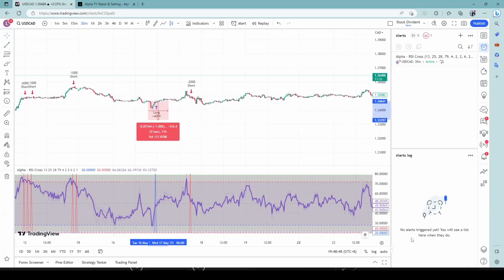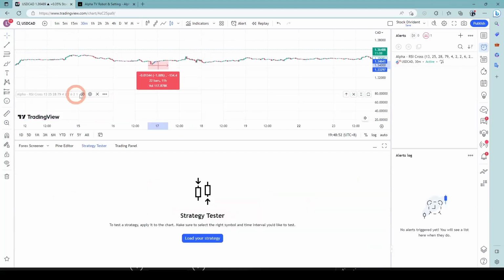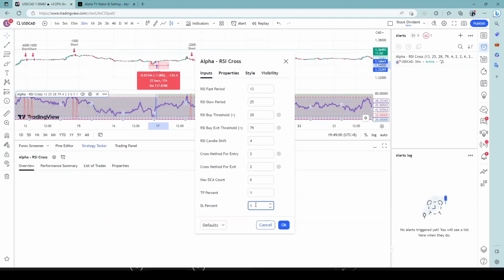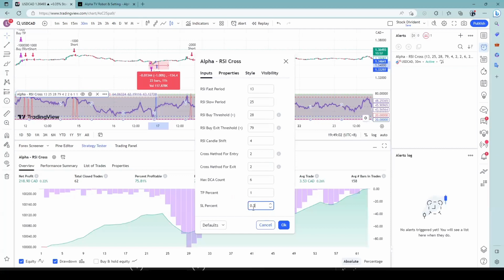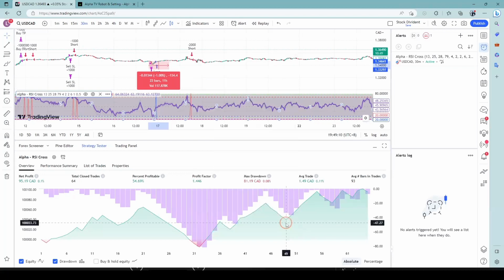Now, if you think that, Ethan, I think that the take profit is too big. Okay, what you can do is lower it down. Let's say you reduce your take profit by half, from 2% to 1%. Then your stop loss has to reduce as well, or else the risk reward does not tally. So when you reduce the risk reward, bear in mind that your result will not be as good as